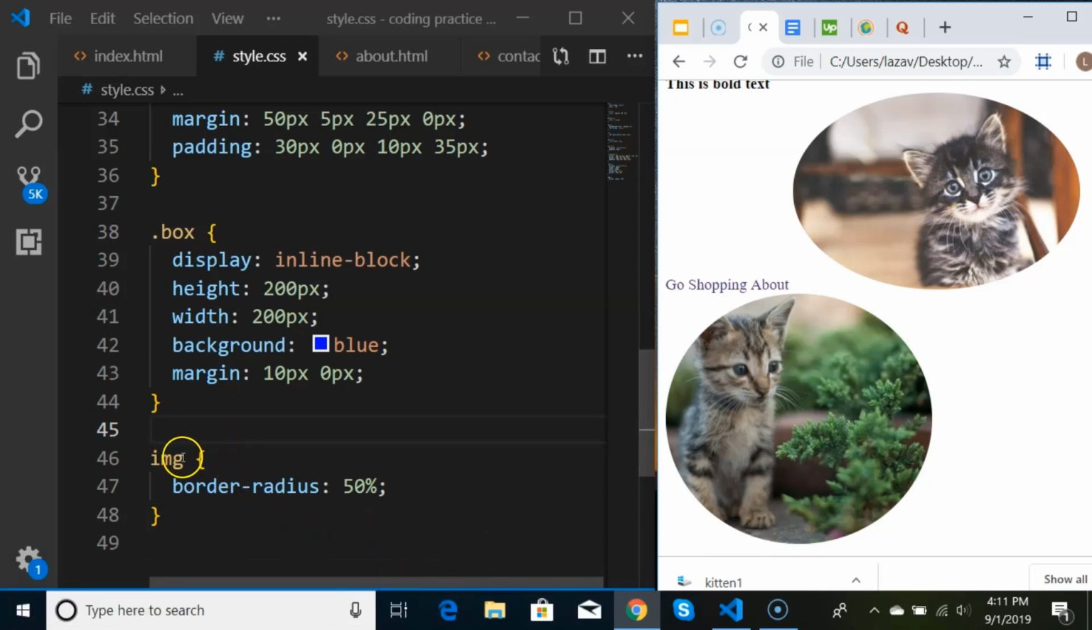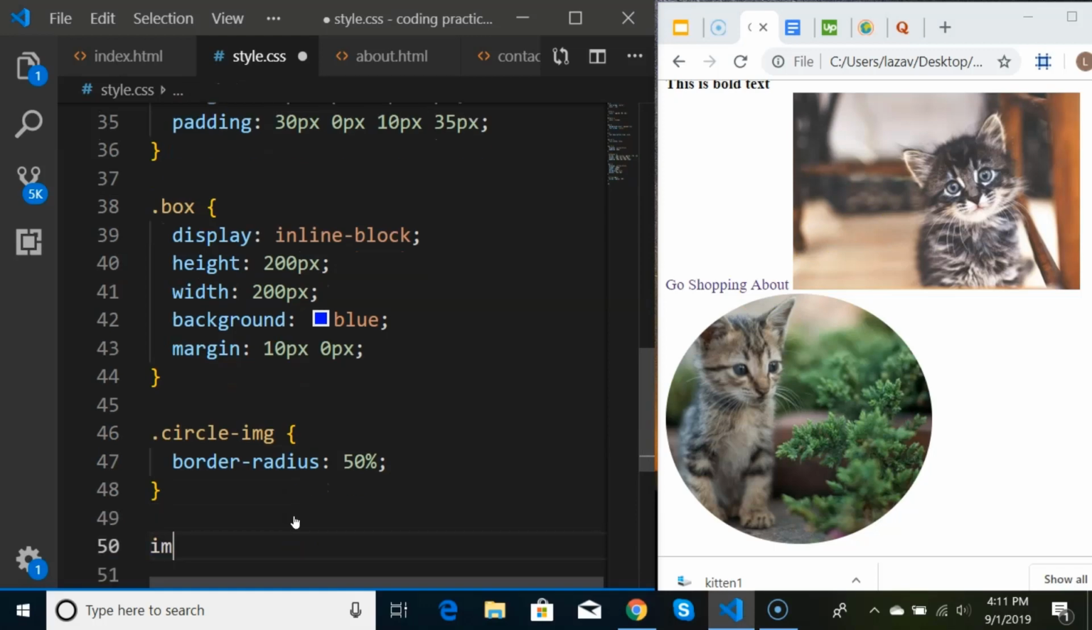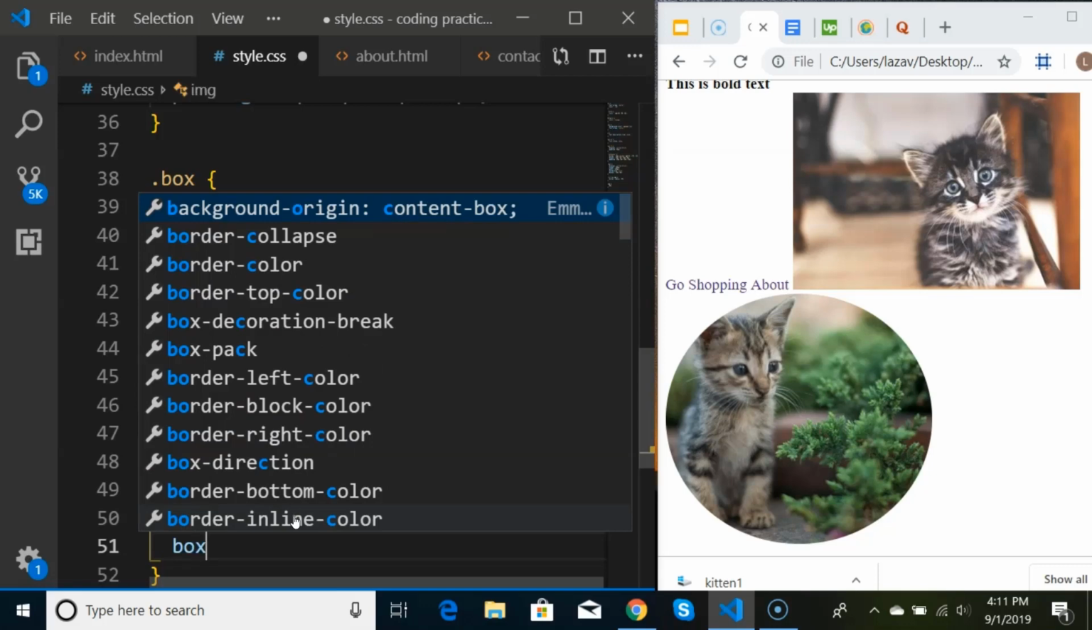Okay, so I'm going to go back to doing it just to the class of circle dash image. All right. Next, we're going to work on shadows and make our images look more like Polaroids or real pictures that are in 3D. So what we need to do is, and we'll do this for both of our images, we'll go ahead and use just image as our target. And so this is called border box shadow. So we're going to use something called a box shadow to create some shadows and make it look 3D. Okay. So what we do is we just say box dash shadow,